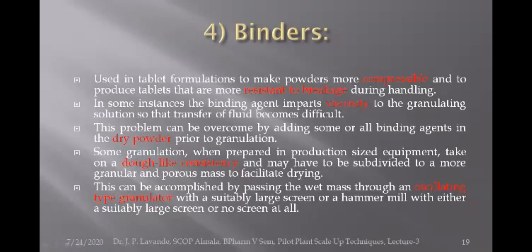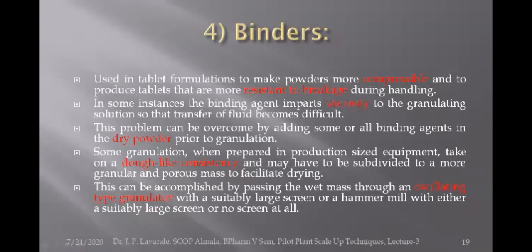Some granulations, when prepared in production size equipment, take on a dough-like consistency and may have to be subdivided to a more granular and porous mass to facilitate drying. If the dough is formed, it is very difficult to form the granules. So that's why it is subdivided, and the granules have to be prepared by passing it through granulator sieves. This can be accomplished by passing the wet mass through an oscillating type granulator so that the granules will get produced,